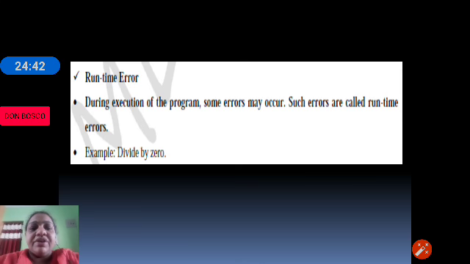For example, we have written a program to divide 2 numbers. We did not know that they would give 0. We will not be able to divide a number by 0. If they have given 0, then a divide by 0 error will come. That means the runtime errors are known only when we execute the program. Before that, we will not know.